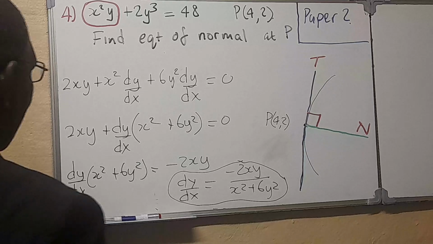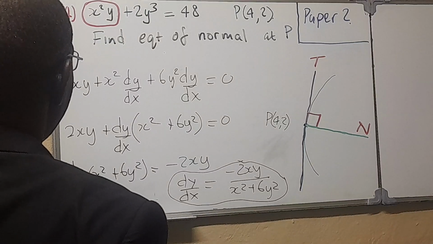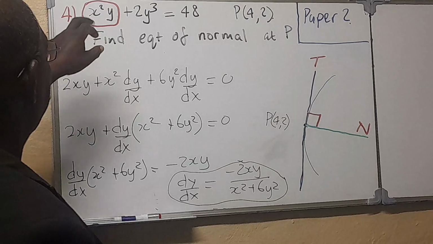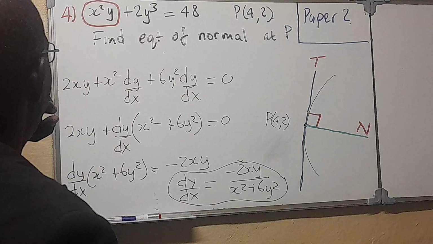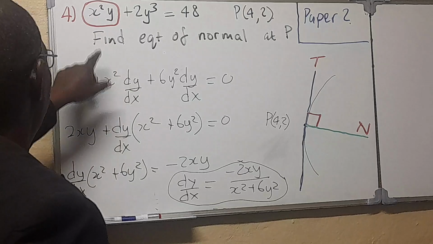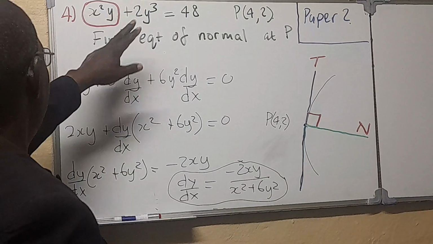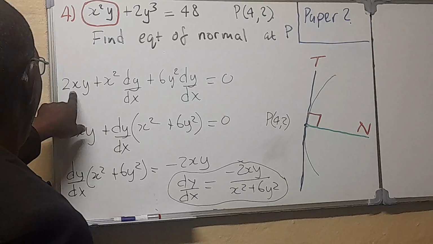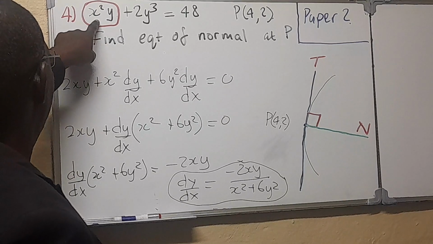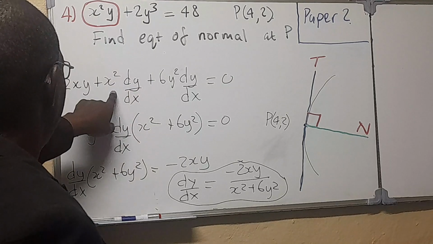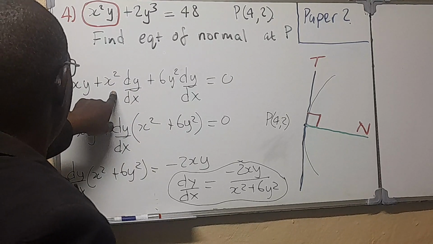Okay, slowly go through what we have done. We have an expression here which is an implicit function of y with respect to x. So when we differentiate this term by term implicitly, we have a product here, so we have 2xy, differentiating x squared first. Then we differentiate y, and we're left with the x squared, so it's x